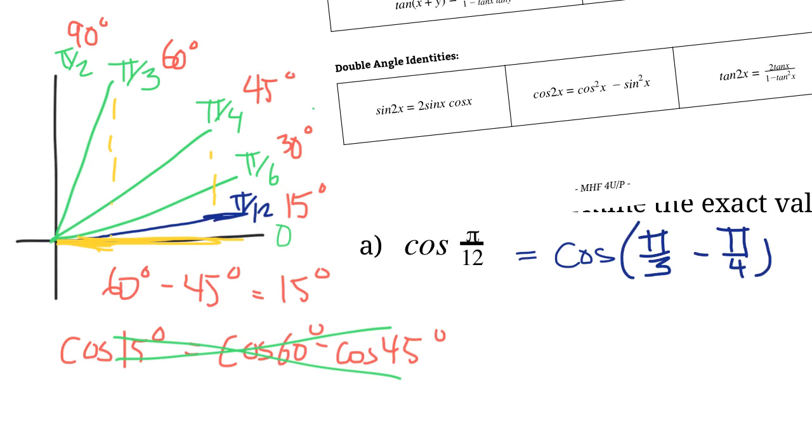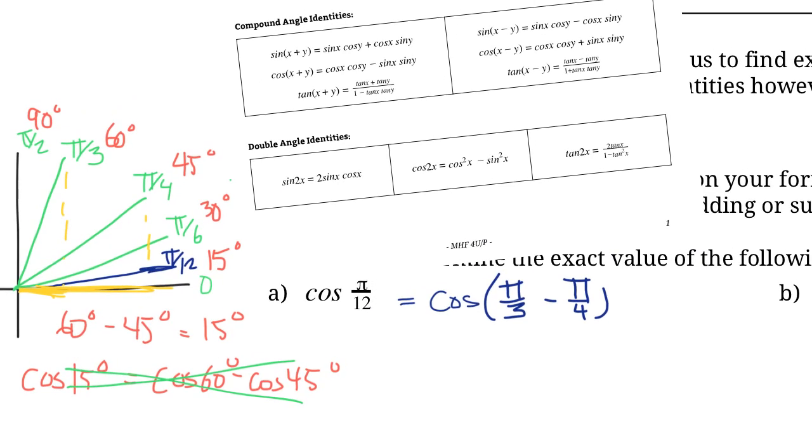So do you see, we've just rewritten this in this form. It means exactly the same thing, right? Because pi by 3 minus pi by 4 is just going to be pi by 12. But what we can do now is we know the exact values for pi by 3 and pi by 4, right? We know the cos values and the sine values for pi by 3 and pi by 4. So we can just plug into our compound angle identity, specifically this one right here, where it's a difference of two angles. We can just plug in those values, pi by 3 and pi by 4, and find what the cos value